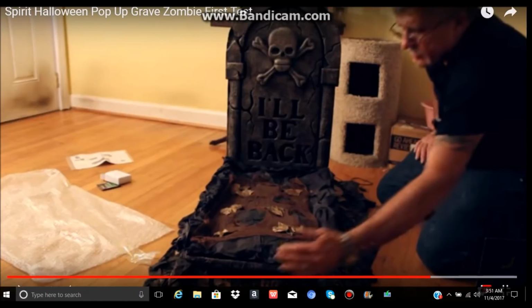Number 17 is Pop-Up Grave Zombie. Now, this one is one of the not so good ones, but at the same time, it's actually really cool. It hides in this ground. Well, basically, you can't see the prop at all, and you don't expect anything to happen whatsoever. You just see a tombstone, and you see a little bit of whatever it's supposed to be, but then all of a sudden, a zombie pops up from it, which could startle people if they scare easily,